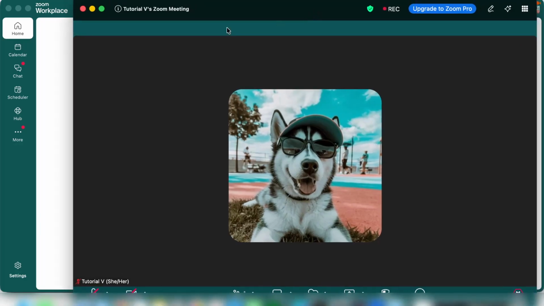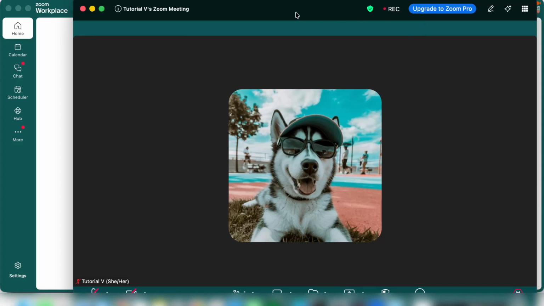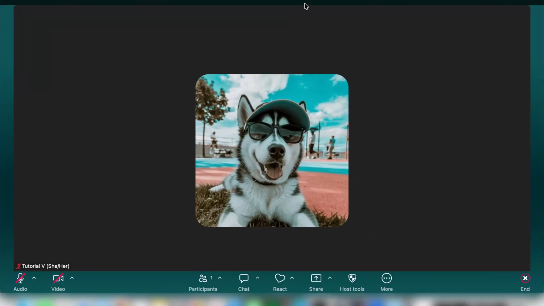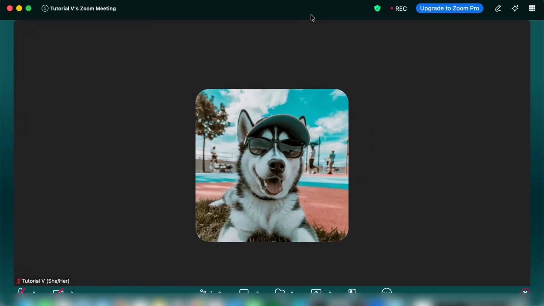the group more effectively. It's important to note that the number of participants you can view at once in Gallery View may vary depending on your device and screen size. Zoom can accommodate up to 49 thumbnails per page on a single screen, but the actual number visible might be less for some devices like tablets or smaller monitors. If there are more participants than can be displayed on a single page, simply scroll through the different pages to